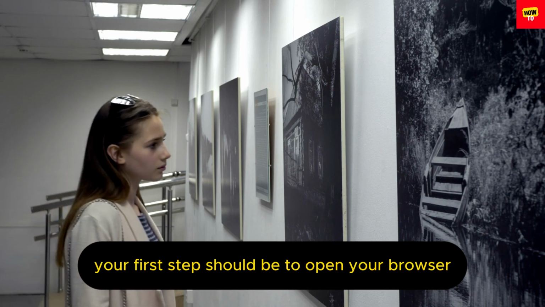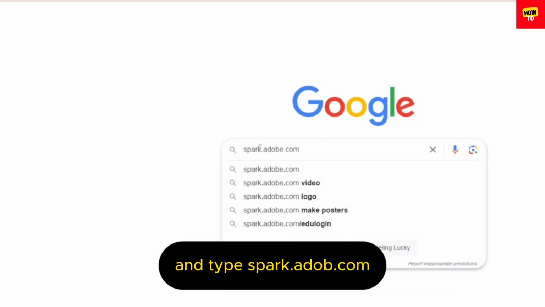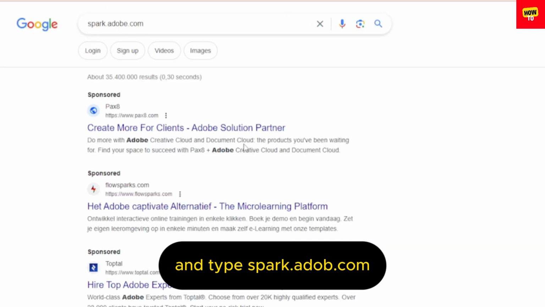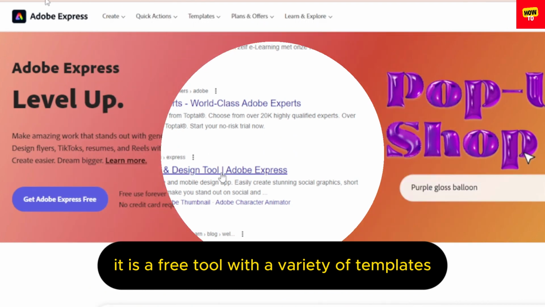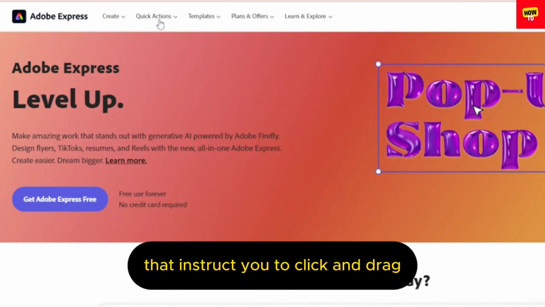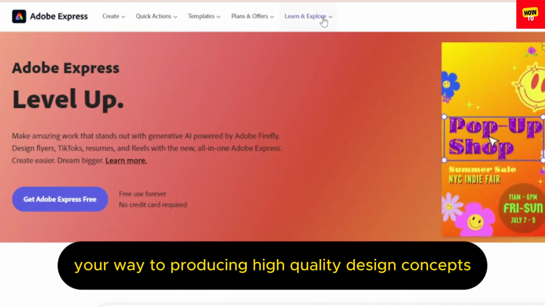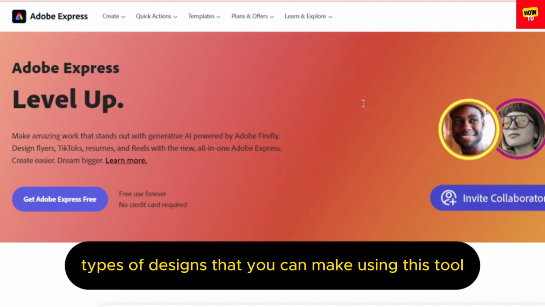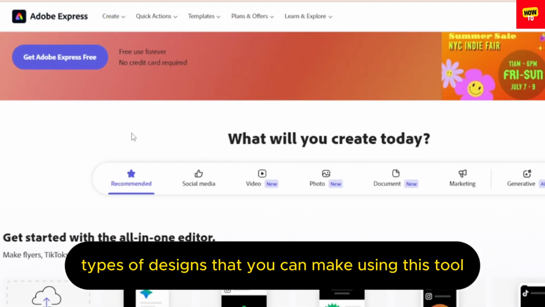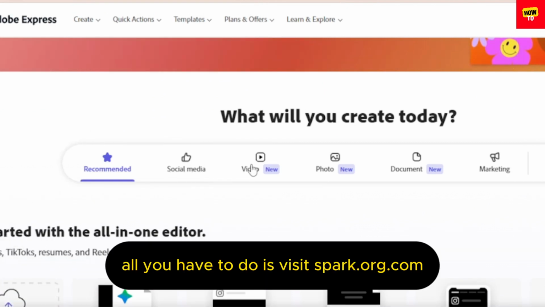Your first step should be to open your browser and type spark.adobe.com. It is a free tool with a variety of templates that instruct you to click and drag your way to producing high-quality design concepts. To discover more about the numerous types of designs that you can make using this tool, all you have to do is visit